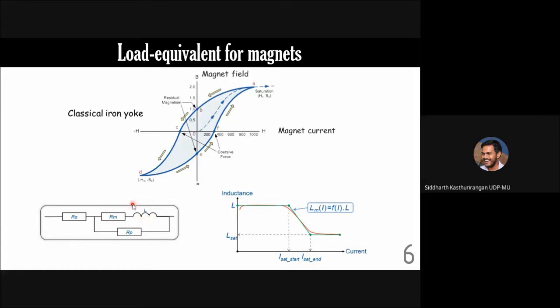And the important component here is the inductor. The inductor actually represents the coil of the magnet, and what will be the inductance in that when the magnetic field keeps changing. So you can see that the L value keeps changing from time to time as you change the magnetic field. And what is the total power which is dissipated through this circuit? I mean, the series resistance must be the coil resistance itself. I am not sure about the other components, but basically all of this circuit can be used to calculate the total power load due to that particular magnet.